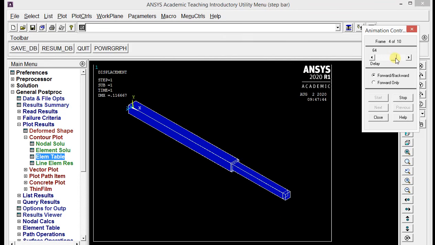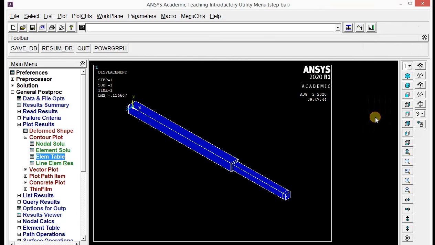Now you can change the speed also. So in this way we can solve these problems and we will get the same results as we get by the analytical solution. So I hope you enjoyed this video and you will be able to solve the step bar problem using ANSYS APDL. Now you can stop this animation, close this window.